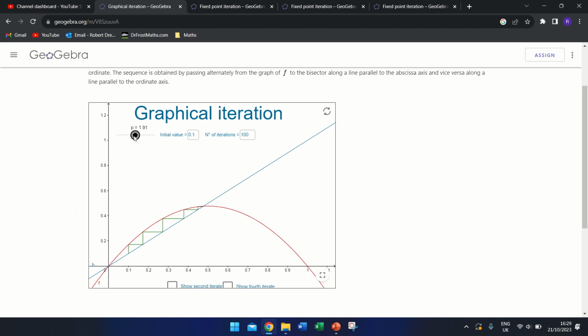And what iteration does is you pick a starting point, you go up to the curve, in this case like 0.19, and then you go to the y equals x line, because that will essentially, if you go across to it, give you the new input of 0.19. So you've got an old input of 0.1, you find a new output of 0.19, which changes to your new input, and then you just repeat the thing again, because you just spam the equals